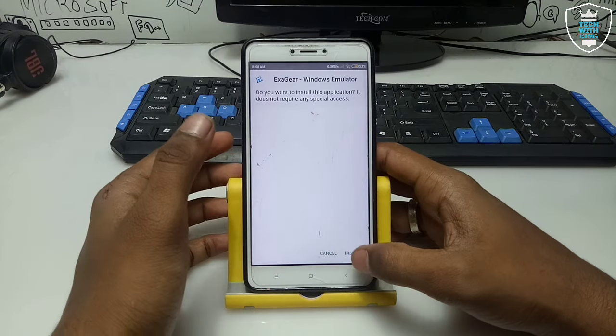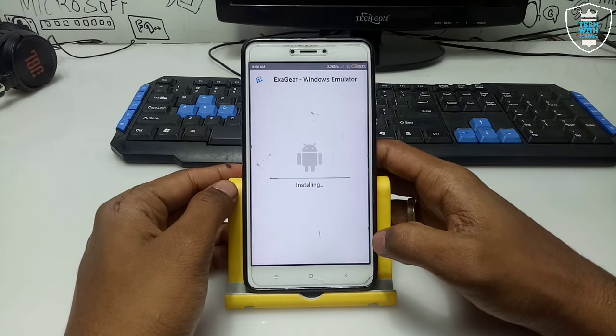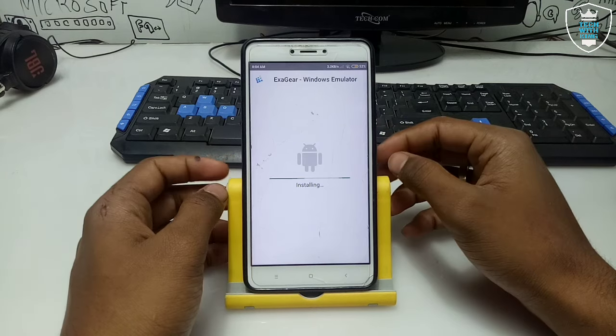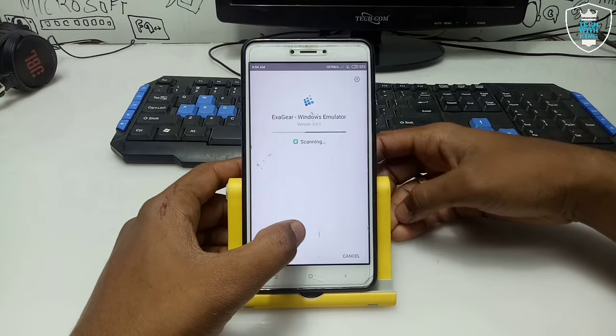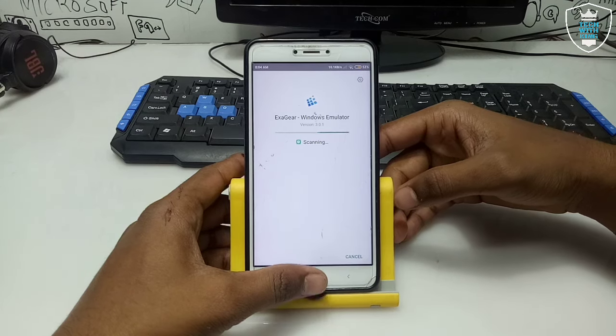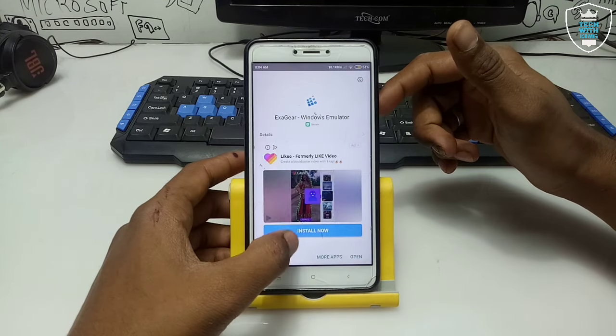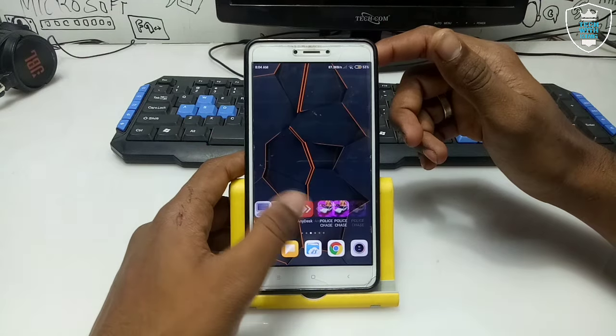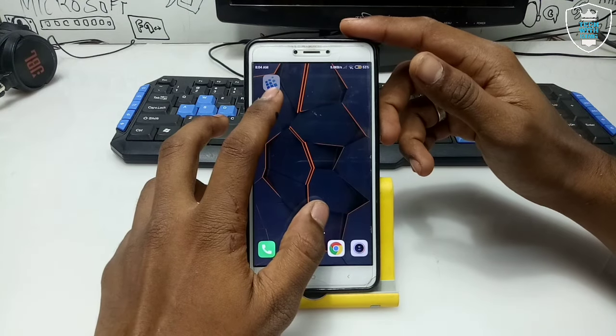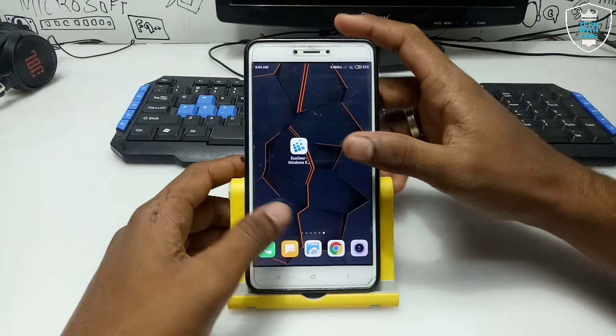This is the APK mod version you have to download, and it does not contain any virus, and it will not be the paid version. You can use it for a lifetime. As you can see on this screen, it will be secure. So here is the Exagear mod version in Android. Let me just open it,